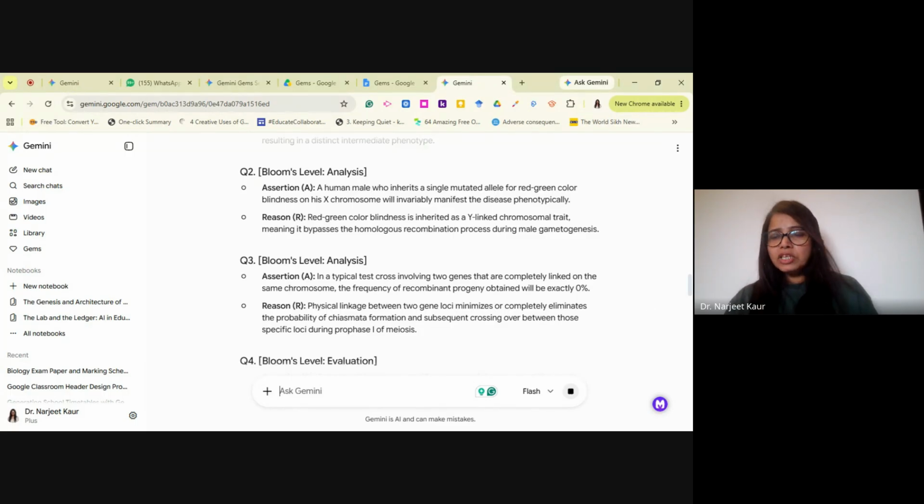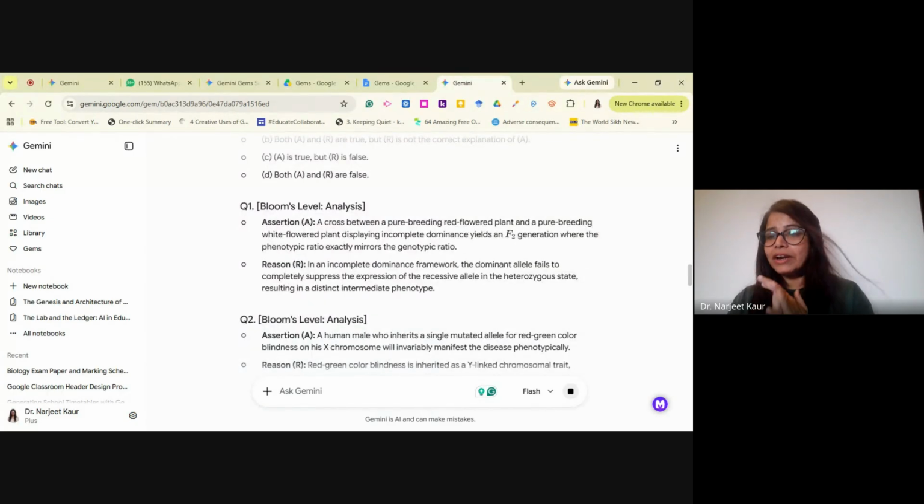So right from specifically giving every kind of instruction every time that you want a question paper, create a gem, so that you do not have to give repeated instructions over and over again. And every time you just have to write 50-mark question paper bio, 30-mark question paper chemistry, 50-mark question paper English, and so on and so forth. So this is one kind of gem that you can use.